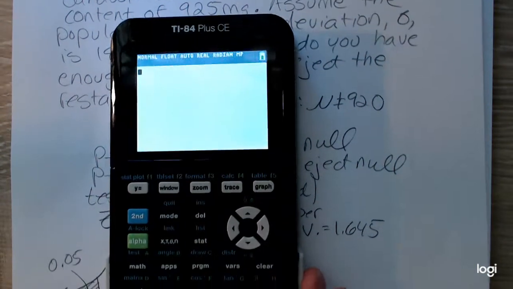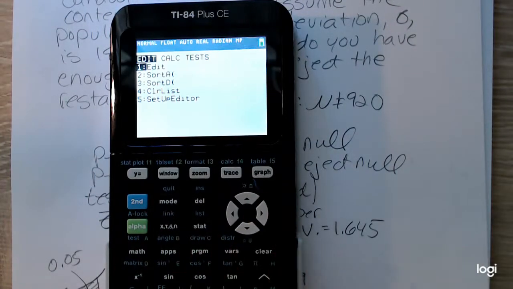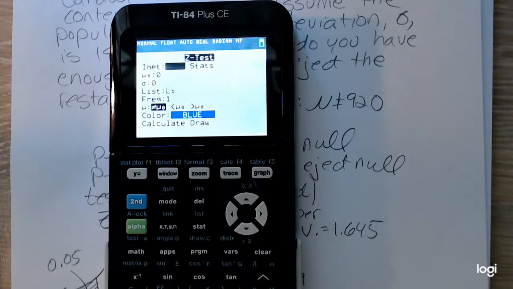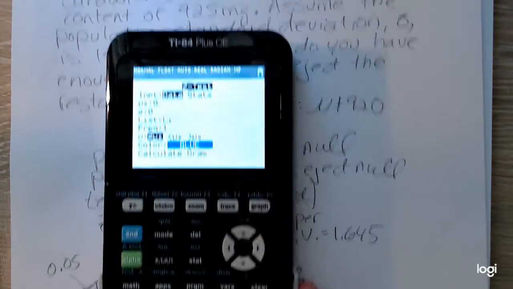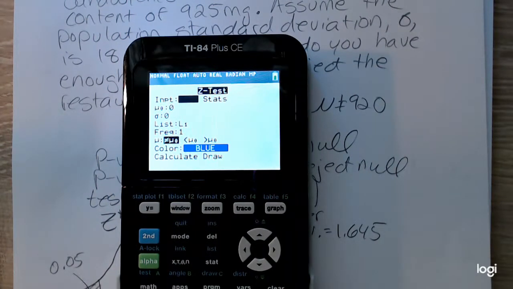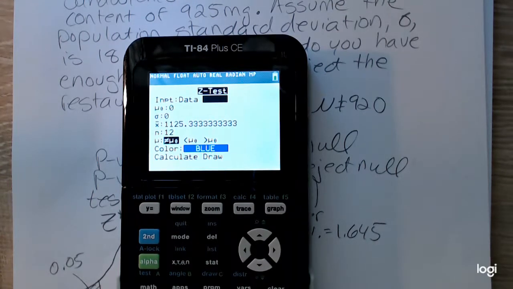So going back to my stat menu, right arrow over to tests, and selecting z-test, that's the appropriate statistical test in the calculator for this example. I have the summary statistics. I want to put in my claimed